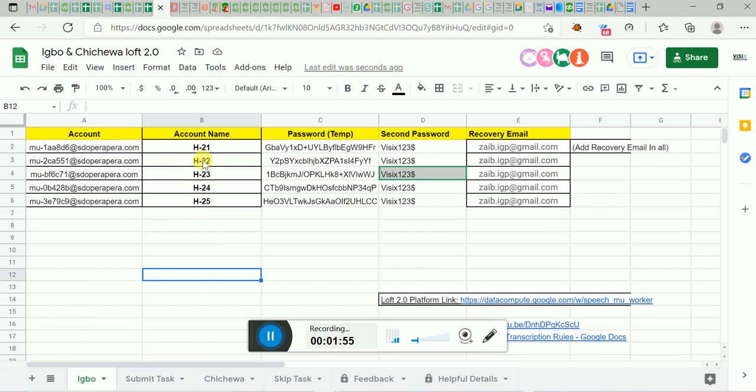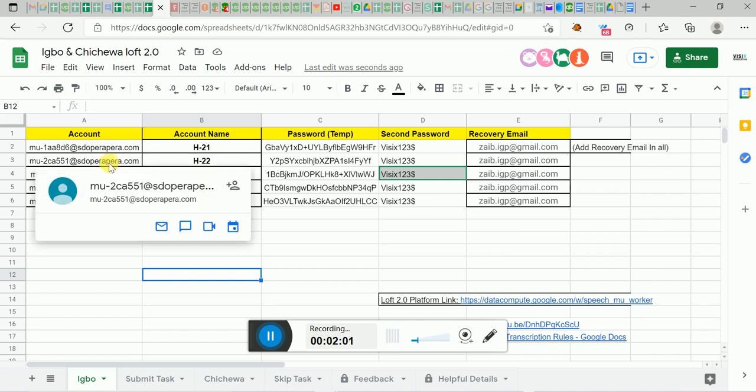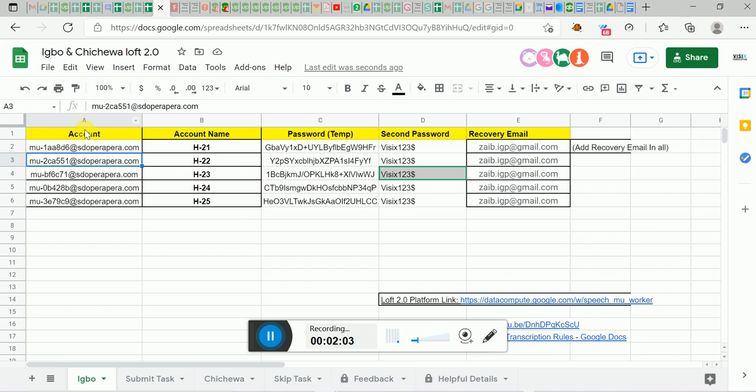You will get all the details, all the account credentials, in the language part, like the account, the password, and the recovery email.